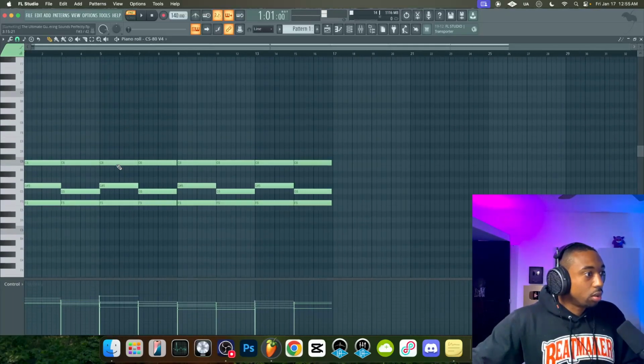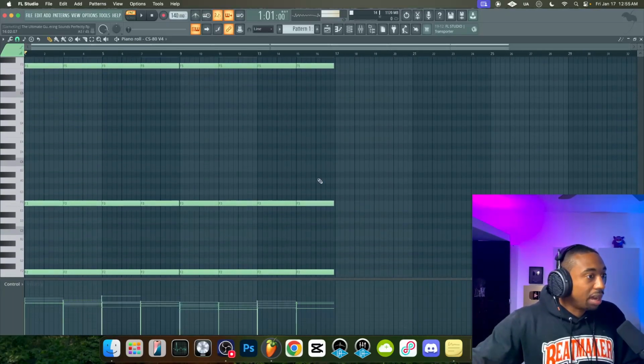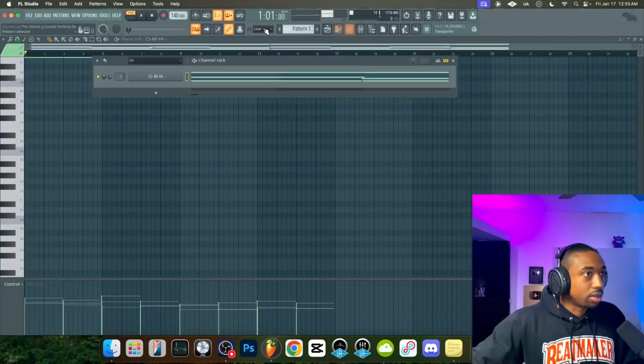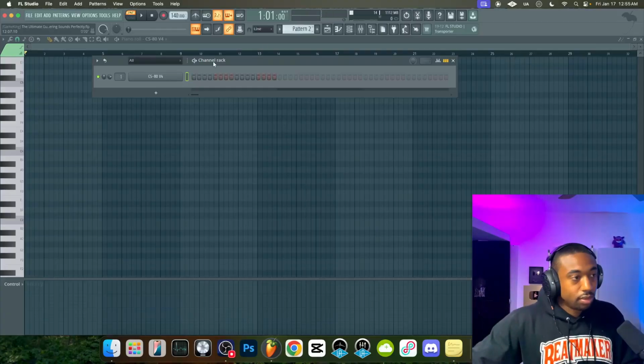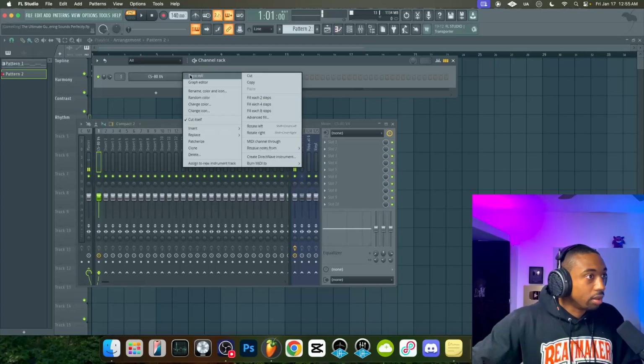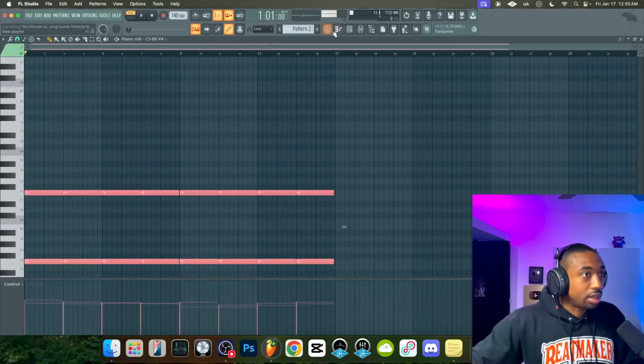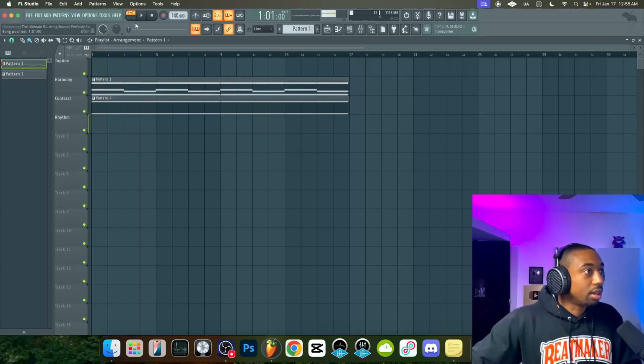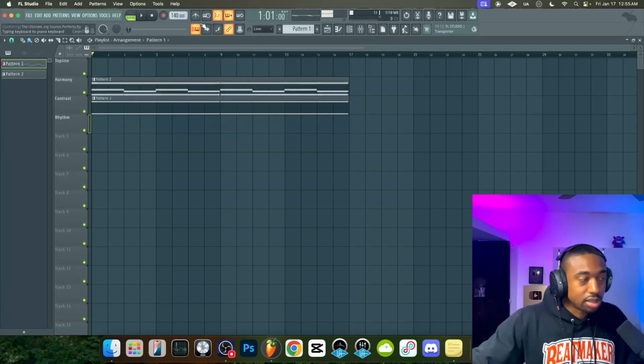Now, underneath the chords, I'm playing a support layer by layering 2 octaves of bass. And this creates the contrast layer. So what I'll do is go to a different pattern and paste this into a new pattern so that it's separated. And I'll show you, we already have 2 of the 4 sections, harmony and contrast, simply by making chords. This is why I start with chords.